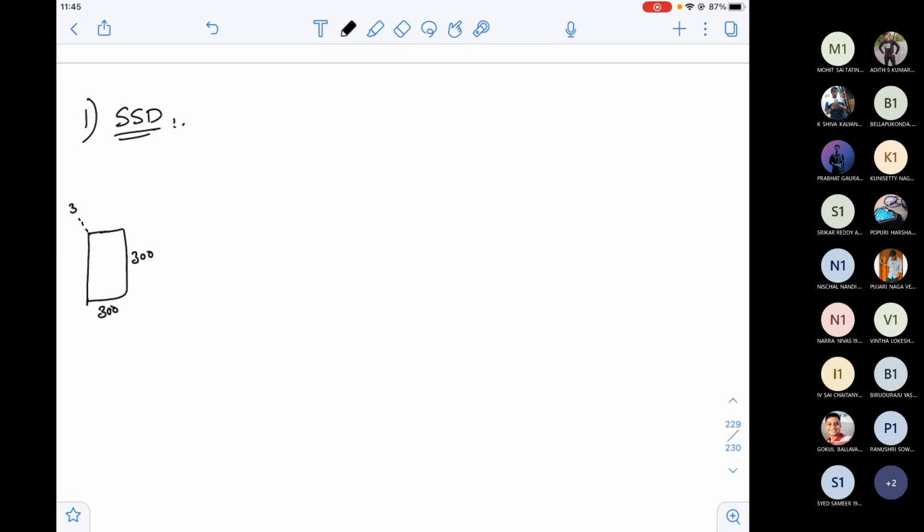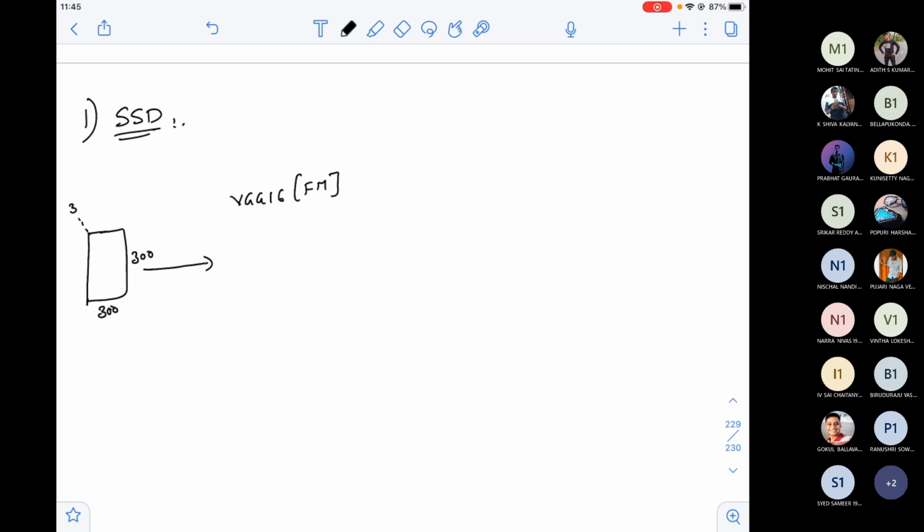Now I'll tell you slowly how a beautiful concept is embedded in this. What I have to do is apply VGG16 as a feature extractor. I just want to extract the feature map.